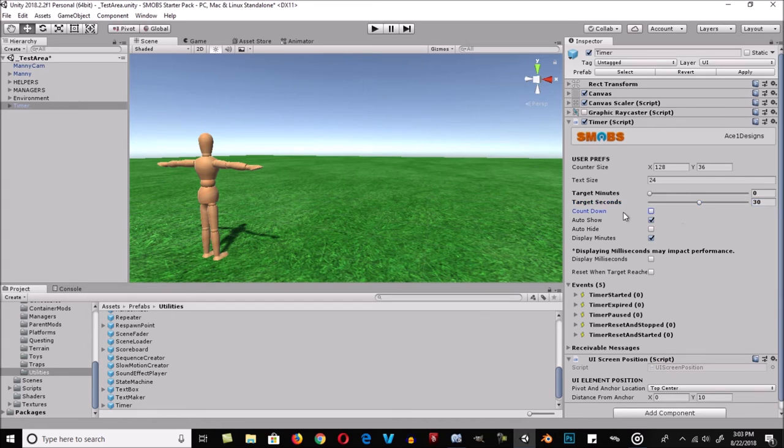Countdown determines whether the timer will start from 0 and tick upward toward the target minutes and seconds, or if it starts from the target and ticks downward towards 0. Auto Show, if checked, will make the timer visible on the screen as soon as the timer is started. Auto Hide, if checked, will make the timer disappear off the screen as soon as the target time has been